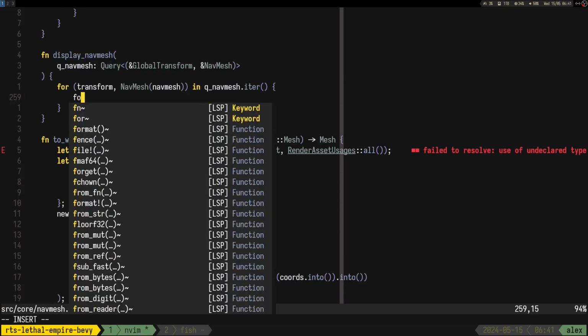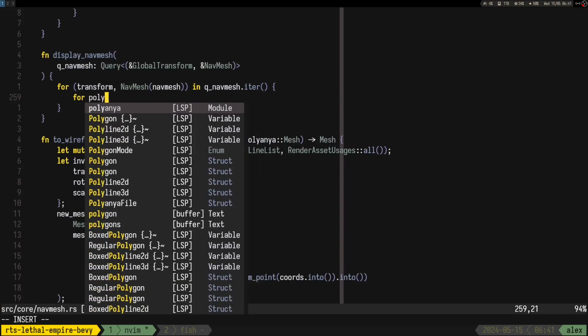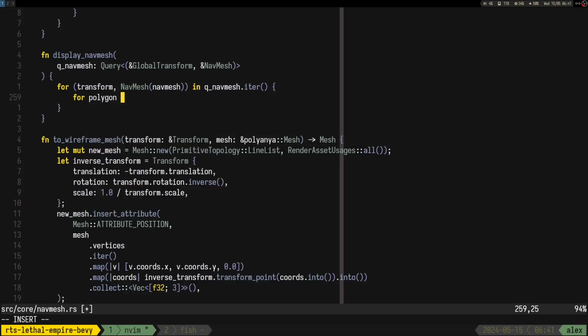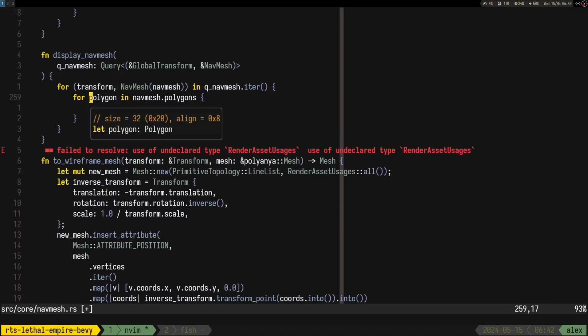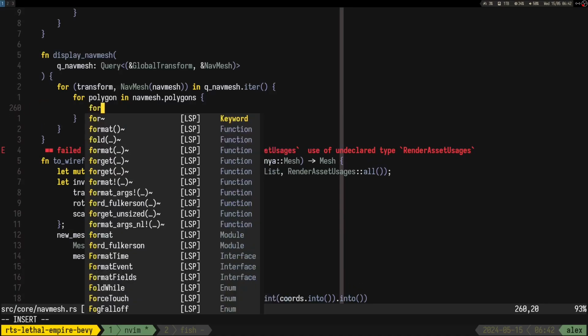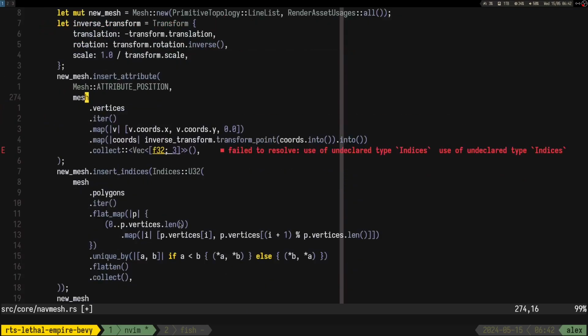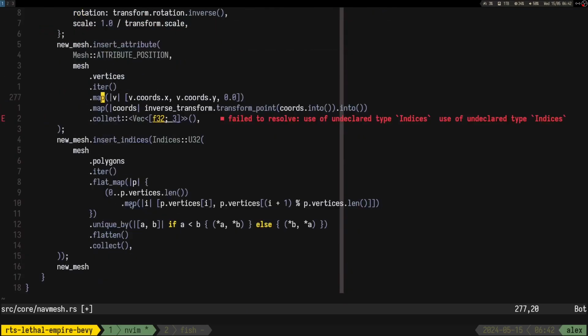So for polygon in navmesh.polygons, right, for each polygon that we have, then for each, I would like to have each 2 vertices of a polygon, but we can do this kind of